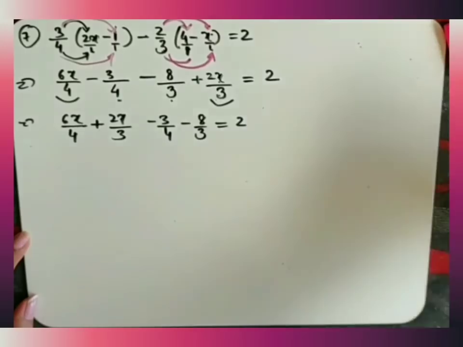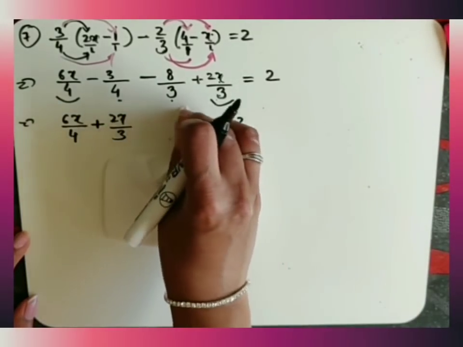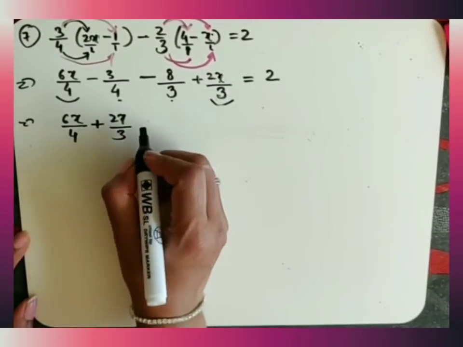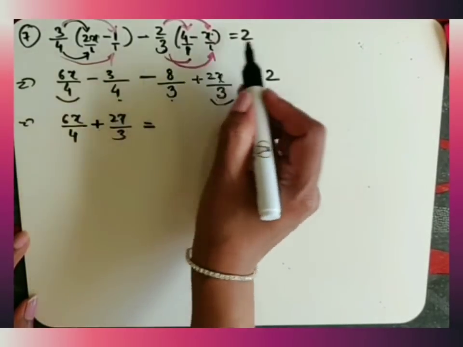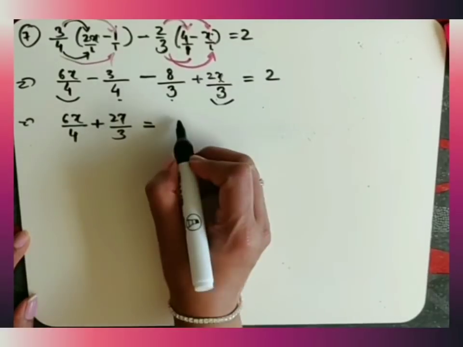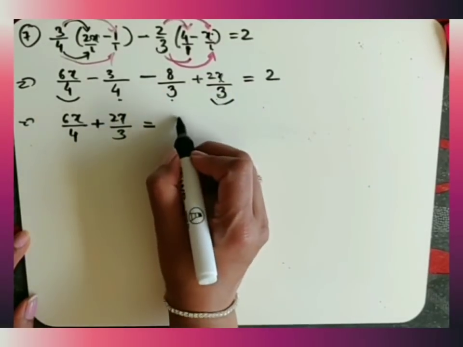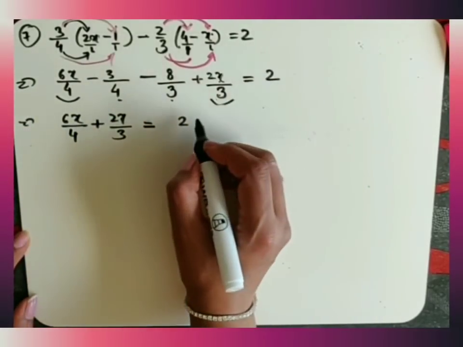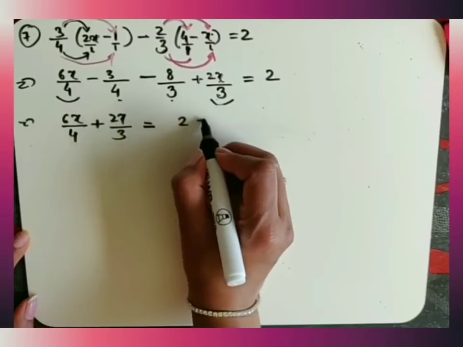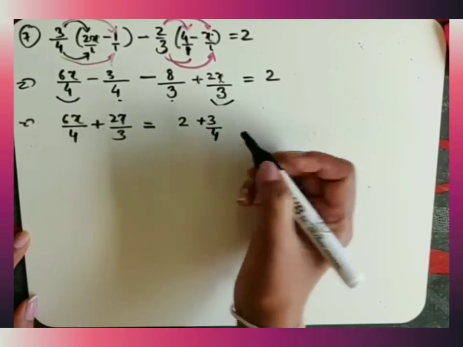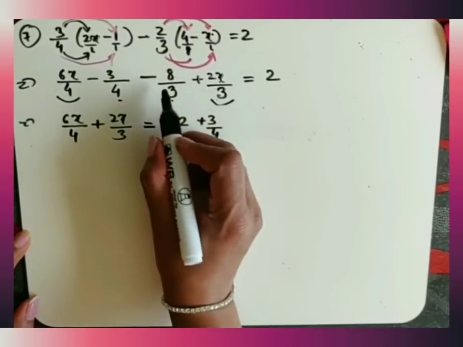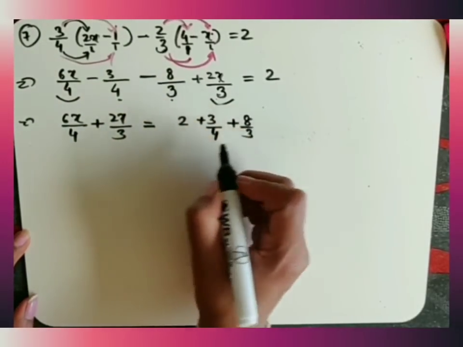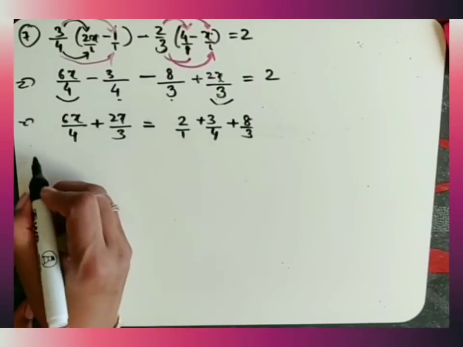Now, or you can do here, this x term on this side and put it equal sign, bring all the constant terms to the side after the equal sign. So after the equal sign we have 2. Bring this minus 3 over 4 to after the equal sign, this will become plus 3 over 4, and again this minus 8 over 3 will become plus 8 over 3. Make it as fractions, this will be easy.